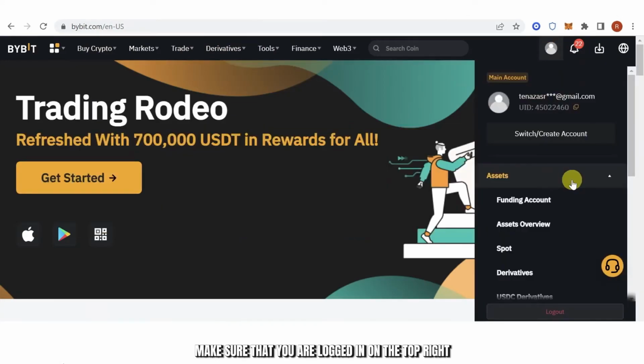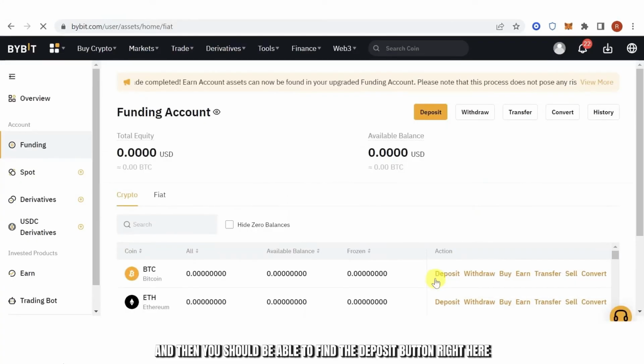And once you're here, make sure that you're logged in. On the top right, click on the account icon and then go to Assets. Now just click on Funding or Assets Spot Account. Just click on it, and then you should be able to find the deposit button right here down below on